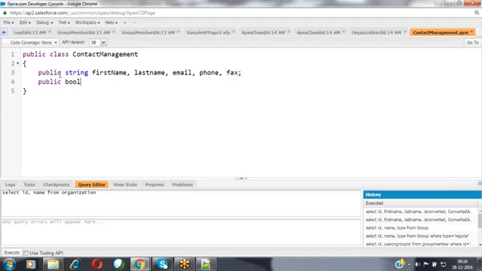And the public boolean is customer active, I'm defining that variable. And along with that, I'm using the variable public integer customer ID. So now I have defined these variables here.